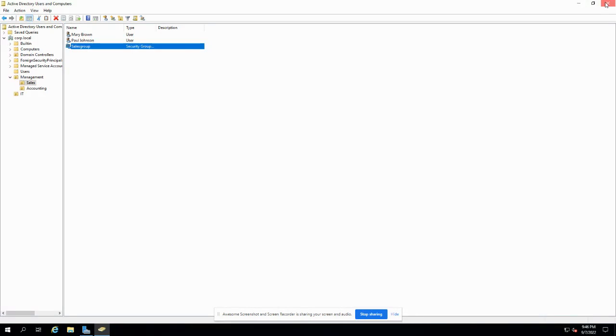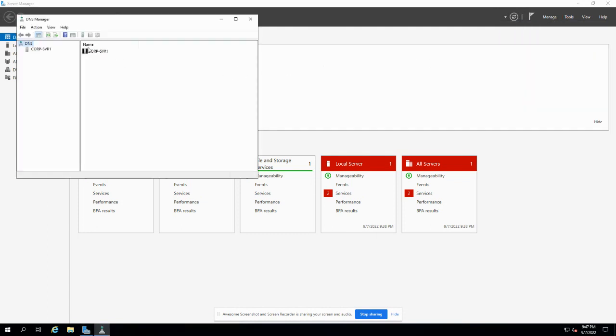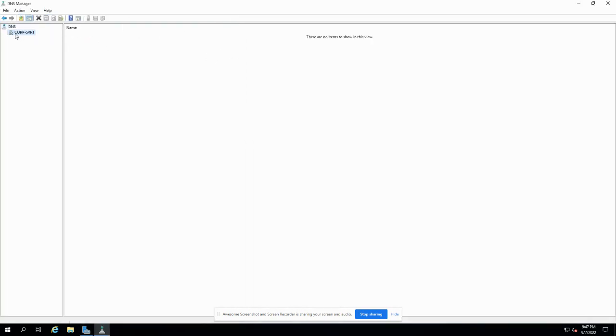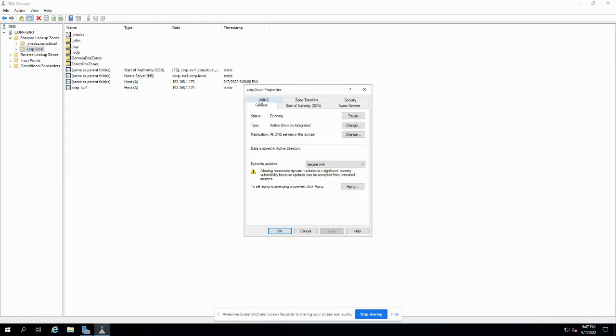So lastly, what we'll look at is DNS. Okay, we go back to Server Manager dashboard, click on Tools, DNS. Let's make this bigger. Click on it, open it up, and here we go, Corp. See it? Let's look at a couple of settings here. It's running. We can pause it. Active Directory integrated, secure only, and let's set